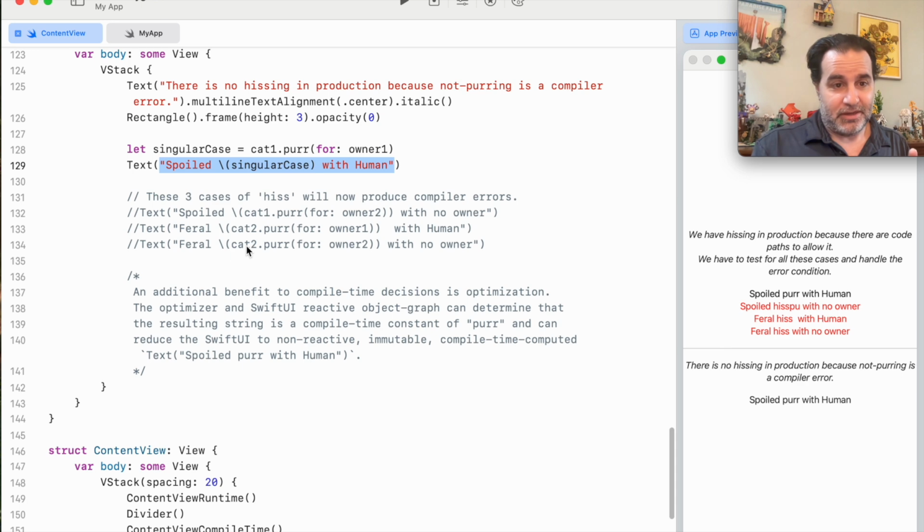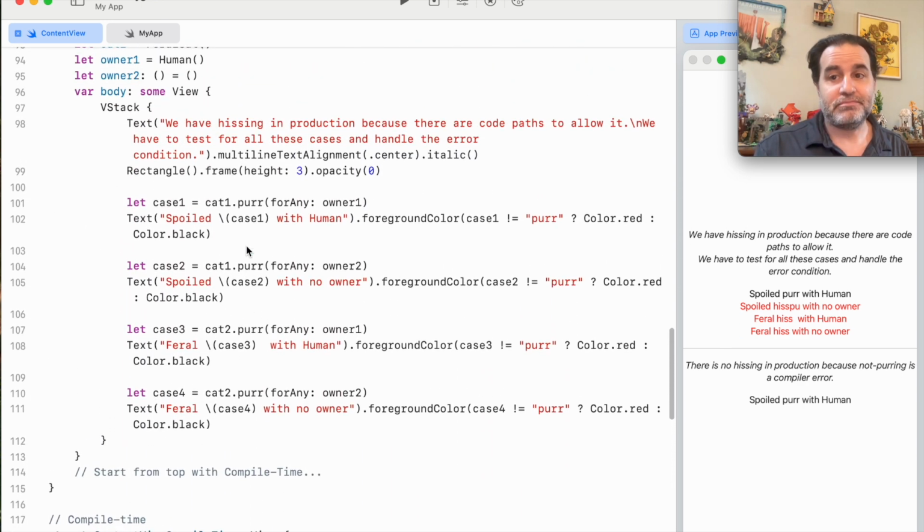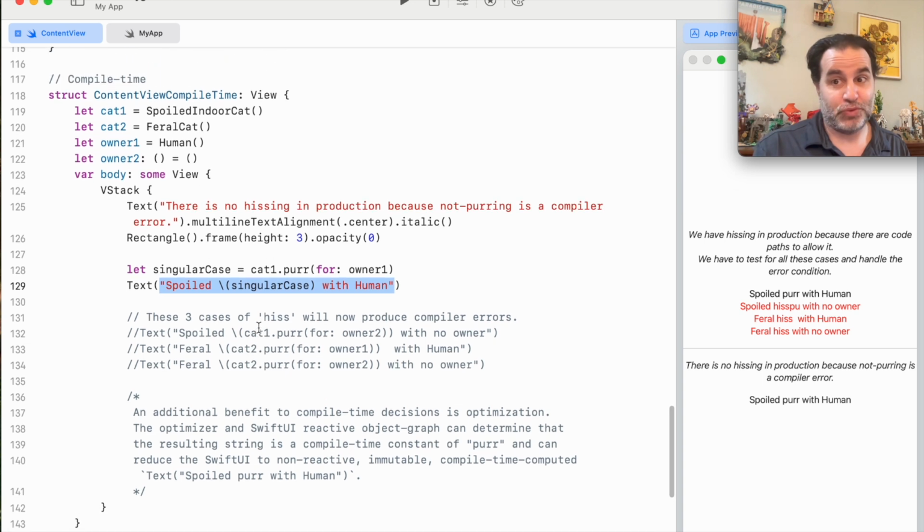So hopefully, given these two examples of runtime decision versus compile time decision, you can see some of the benefits of thinking about, can I solve this problem with the compiler? Now, there are many other benefits to using compile time decisions. SwiftUI, in fact,